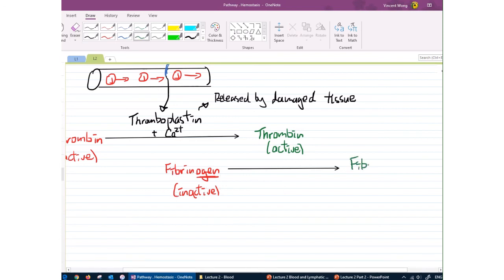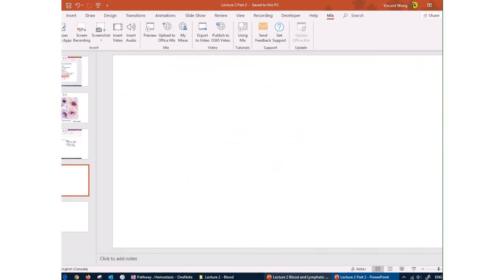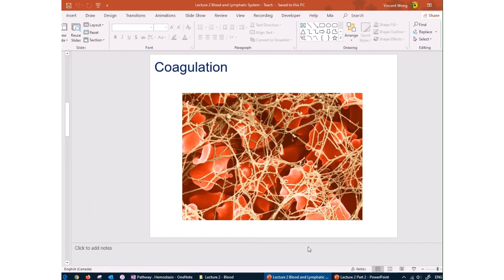So this is kind of like a domino effect, right? One activation of one protein will lead to the activation of another protein. And just like before, we're going to need a little bit of calcium as well. So fibrin here is basically the white strand that we saw in this picture,